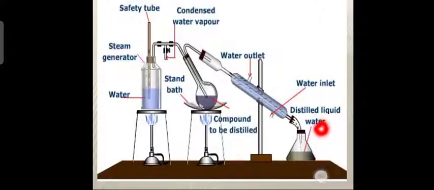So this is the distilled liquid and water. You can see two layers present here. One is the water layer, the other one is the pure liquid layer. All the impurities will settle here only, they will not vaporize. Only the pure liquid vapors and steam will come out and then condense here.